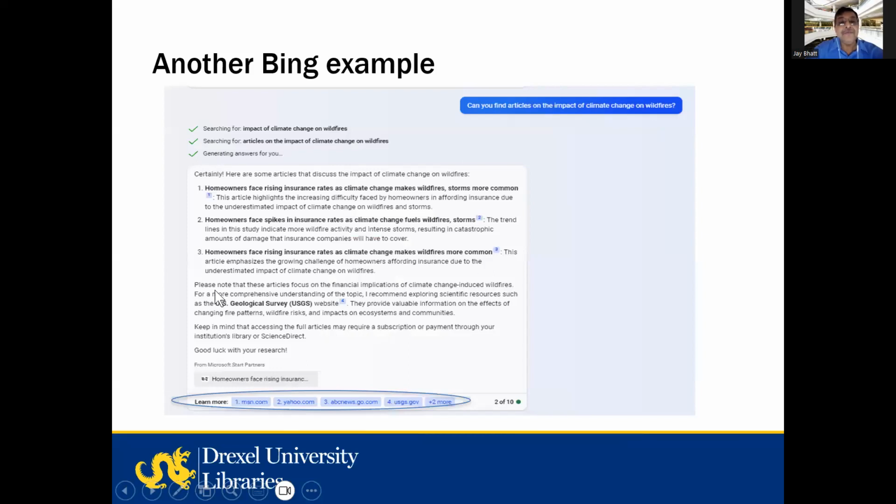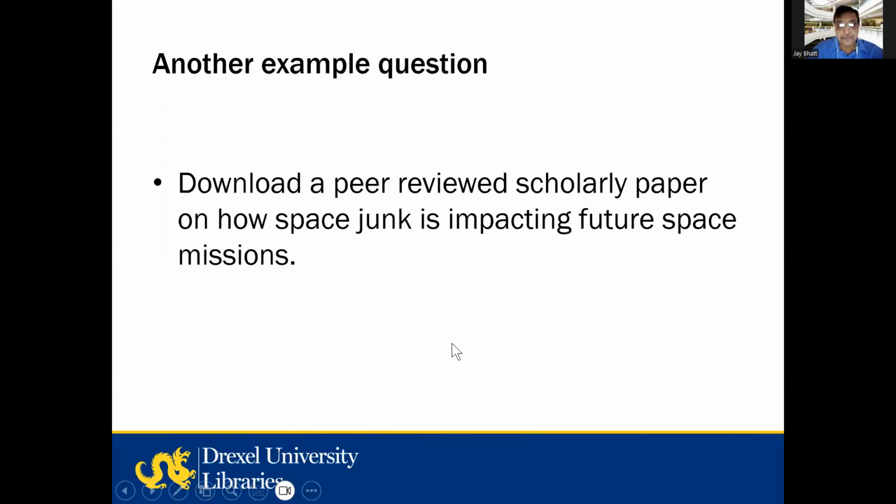I didn't see anything from an actual peer-reviewed scientific journal article, even though it said I'm going to Science Direct. Again, this may change as newer integration of generative AI tools with library-subscribed databases is introduced.